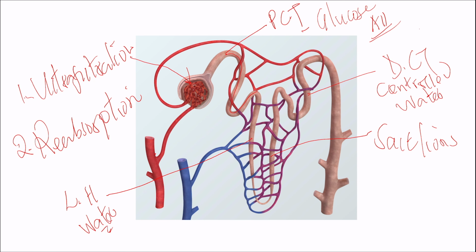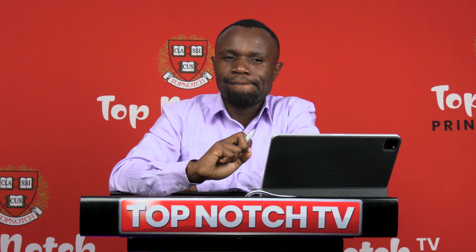Then we ask ourselves, does it mean the DCT has some adaptations that enable controlled reabsorption of water? Yes. One, just like the PCT, the DCT is long and highly coiled. Long and highly coiled increases the surface area for the reabsorption of water, which means